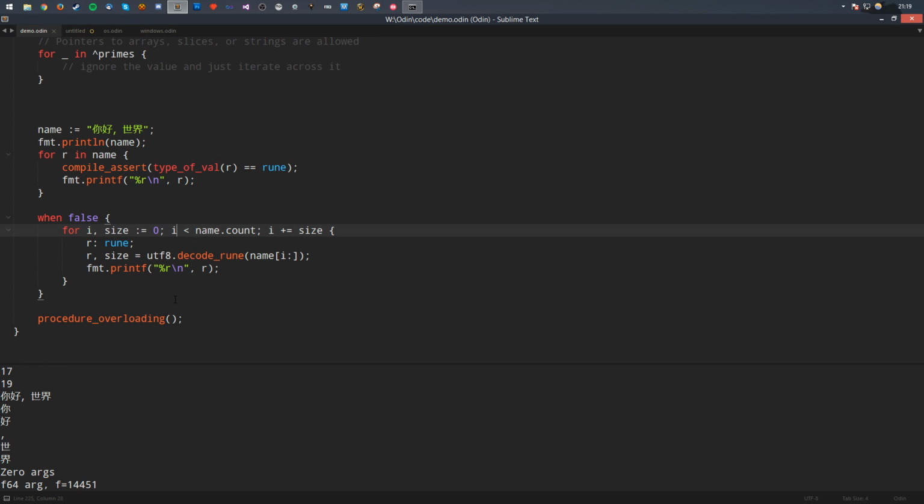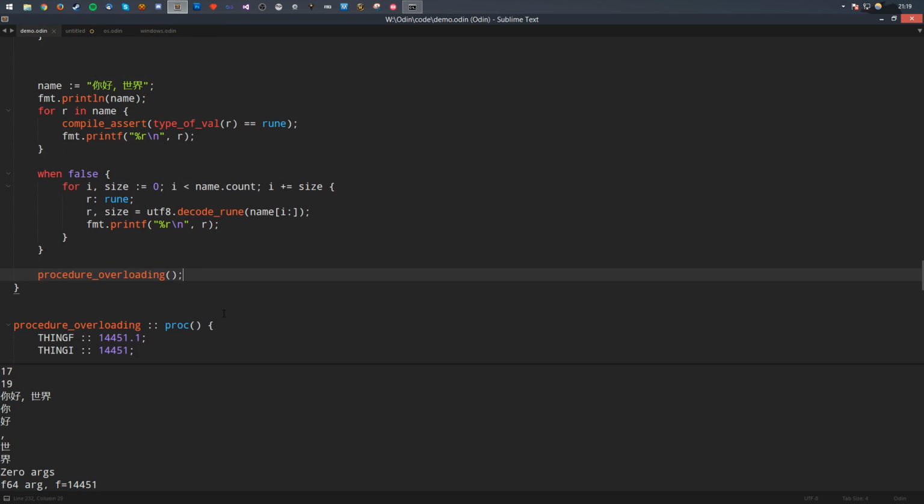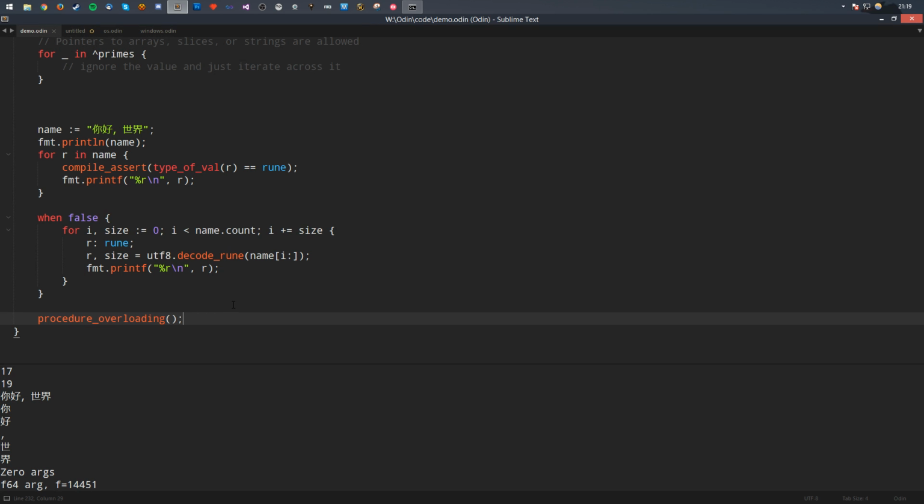So now let's go on to the thing that took me a while, and I wasn't even sure if I should even add it to the language, which is procedure overloading. Originally I still want this to be a better C, but as I've been thinking it through, if I want to have some basic form of what's called ad hoc polymorphism, or some form of doing basic generics, I'm going to need some form of procedure overloading,